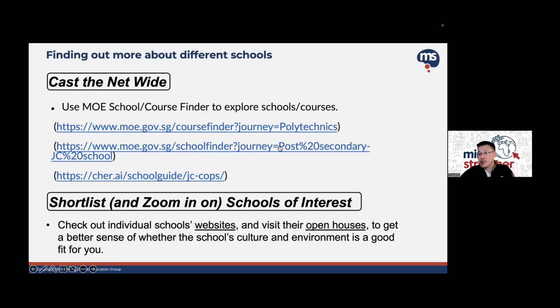But before that, if you look at this here, the key approach, as you all are still looking through, hopefully by now you all already have a draft, a sense of the 12 schools slash programs that you are looking at. But if you are still thinking it over, a good way to do it is to first cast the net wide. That means you use the MOE school and course finder, go through all the schools and all the courses available, and see which ones are aligned with your interests, your style, your fit. Then from there you narrow down.